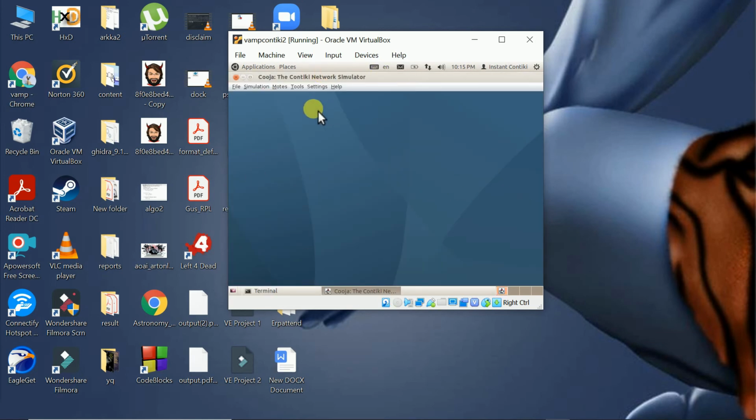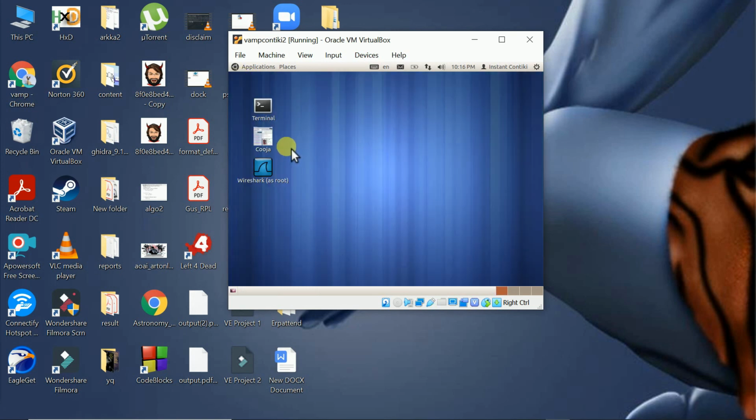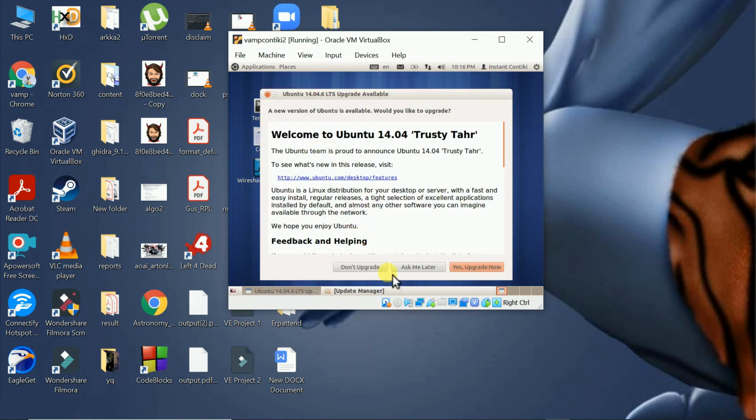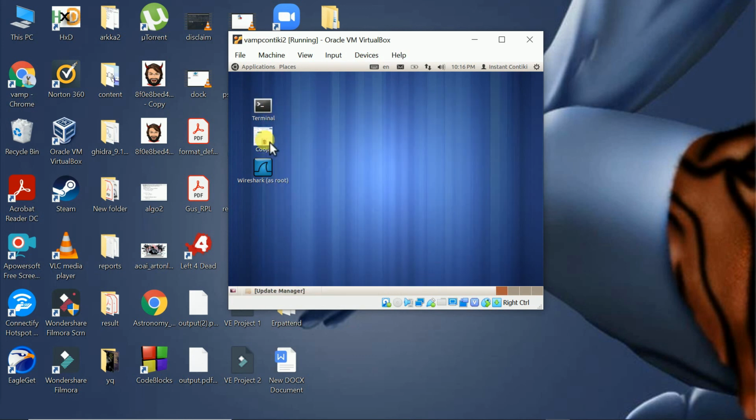So this is the interface for the Cooja simulator, and we are going to talk about this a lot in upcoming videos: how to use the Cooja simulator and to configure it, how to manipulate the files, how to change the files, how to change the protocol.